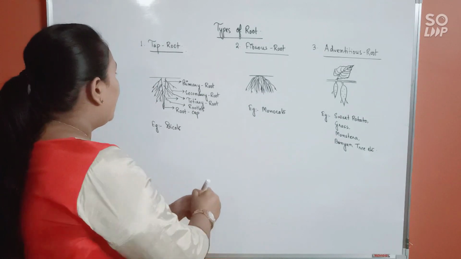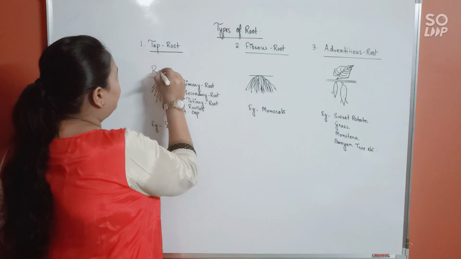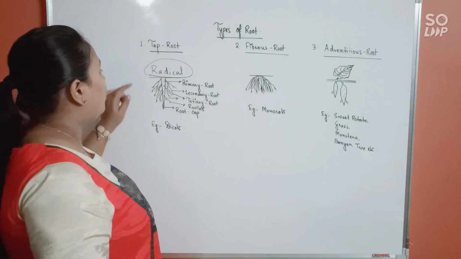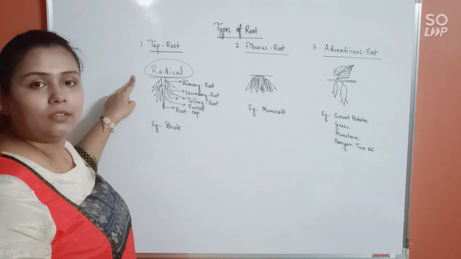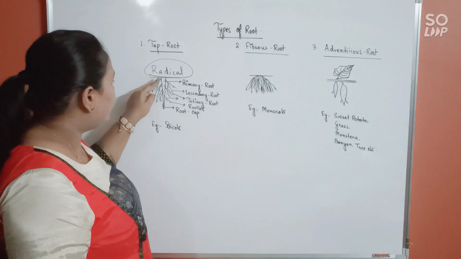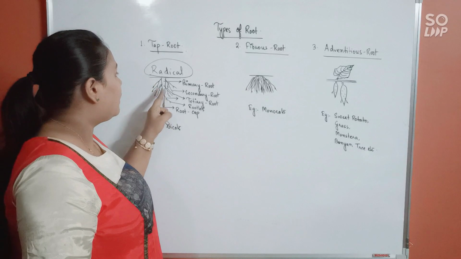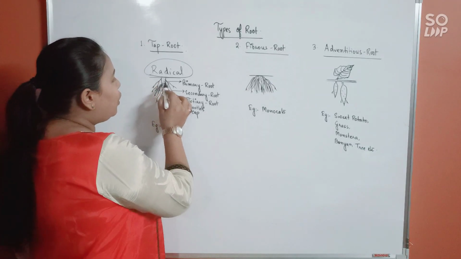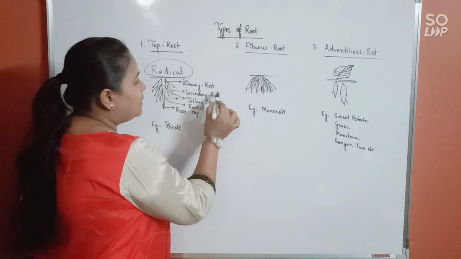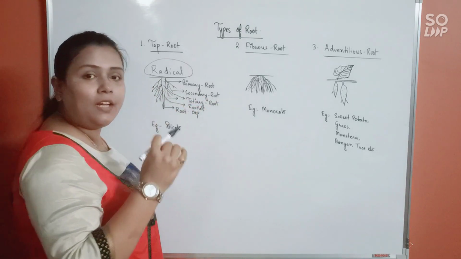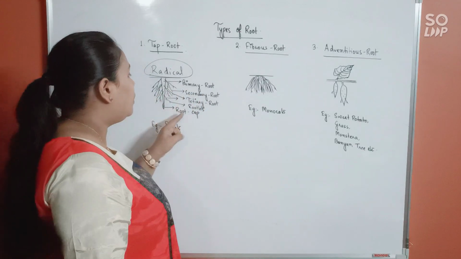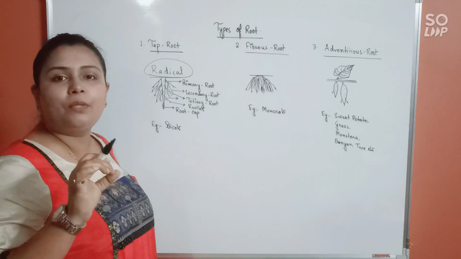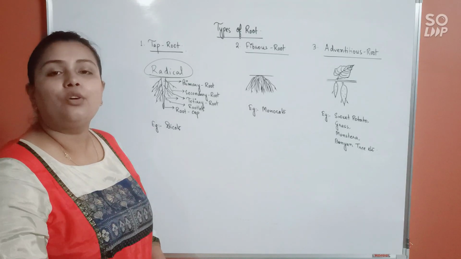Alright. And it originates from the radical. This is very, very important. It originates from the radical. Directly from the radical, the primary root would arise, and from there various lateral branches would arise. The first order of branch would be termed as secondary roots. From the secondary root, the branch that would arise would be known as tertiary root, and further fine branches that would arise from the tertiary root are called the rootlets.